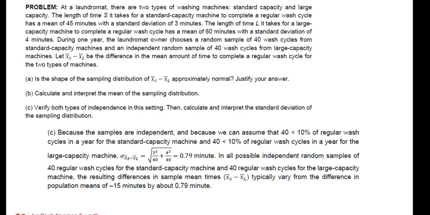So square root of 3 squared over 40 plus 4 squared over 40 is 0.79 minutes, which means if you want to interpret it, we take all possible samples of size 40 for the standard washing cycles and all possible samples of size 40 of the large capacity washing machine. The resulting difference